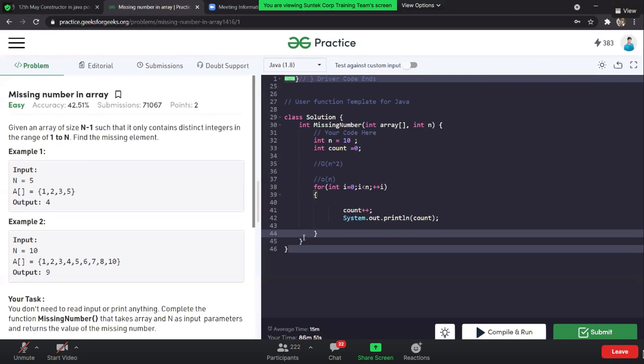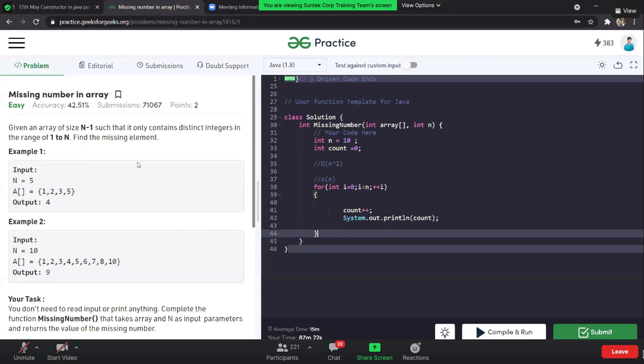Okay, what after this? The number of inputs is equal to the missing number. No, the number of inputs is not equal to the missing number.